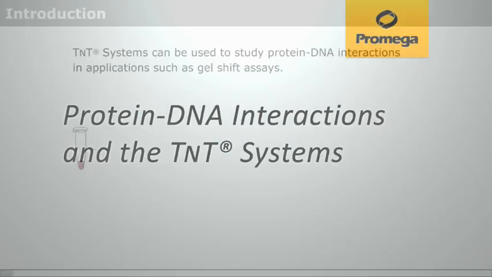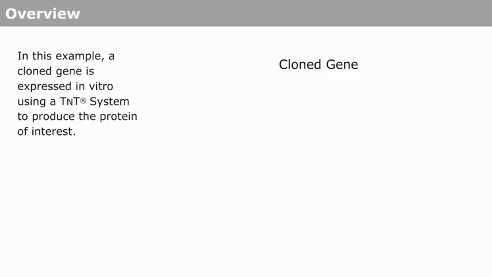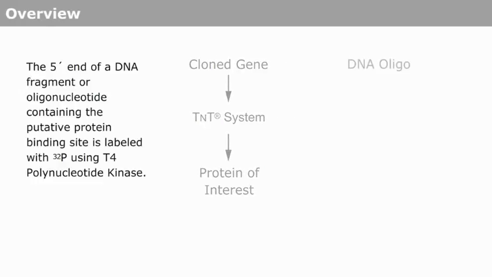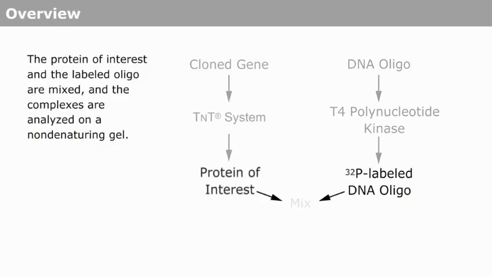The TNT systems can be used to study protein-DNA interactions in applications such as gel shift assays. In this example, a cloned gene is expressed in vitro using a TNT system to produce the protein of interest. The 5' end of a DNA fragment or oligonucleotide containing the putative protein binding site is labeled with P32 using T4 polynucleotide kinase. The protein of interest and the labeled oligo are mixed and the complexes are analyzed on a